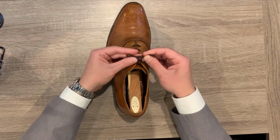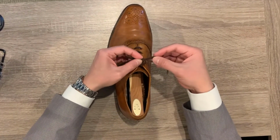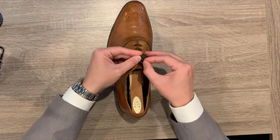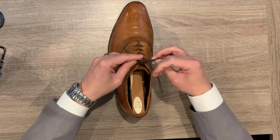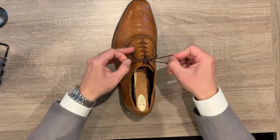So I've pulled the left side through, and now what I'm going to do is take what's on my right hand side and go under and push it through this loop that I created when I crossed the two loops over. And now I'm just going to go ahead and pull the laces tight here,